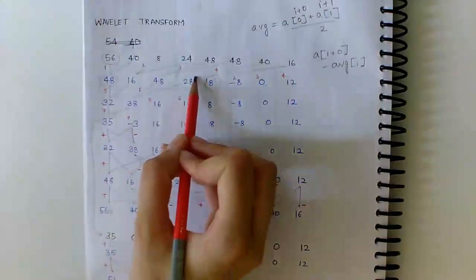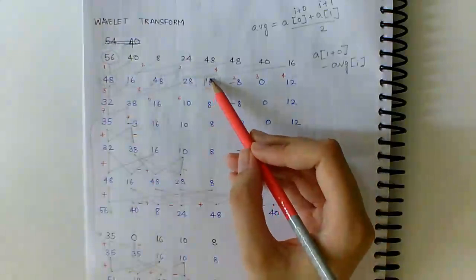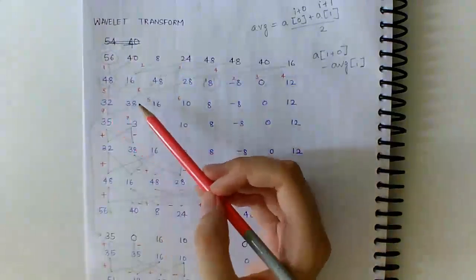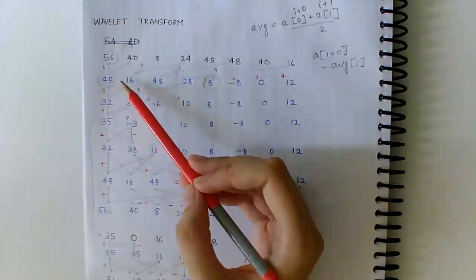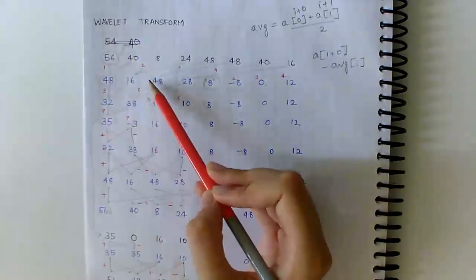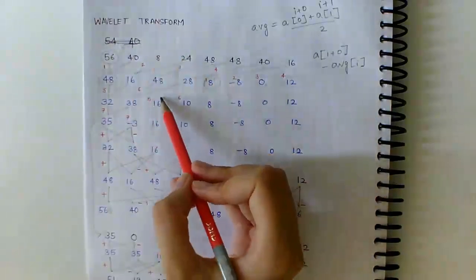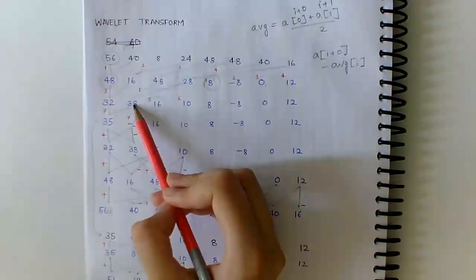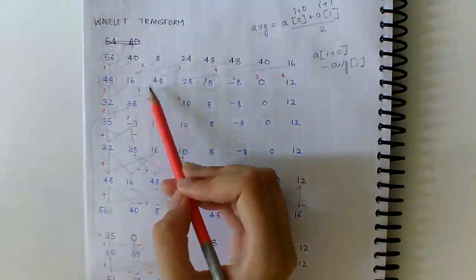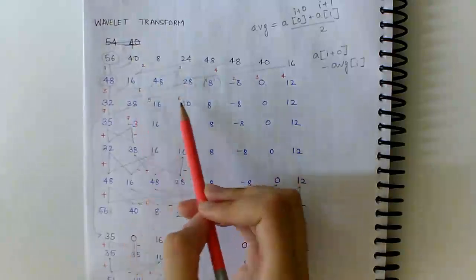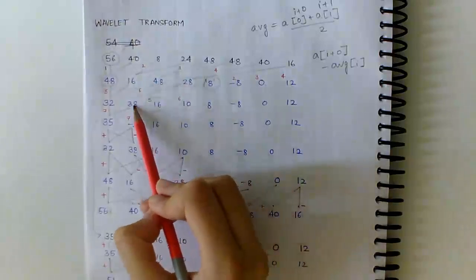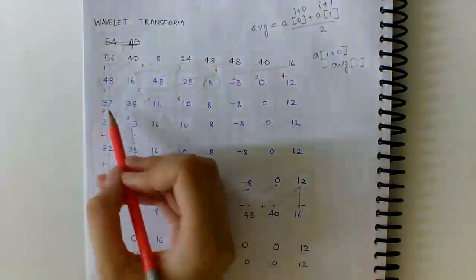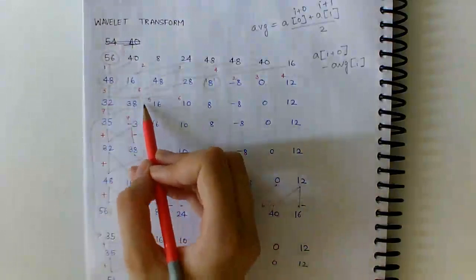Now the second step. Our data array has now been reduced to this part. So we copy the rest of the array as it is, and for this we do the same thing, 48 plus 16 by 2 and 40, and here 48 minus 32. Then again for this cell 48 plus 28 by 2, and for this 48 minus 38, 10.